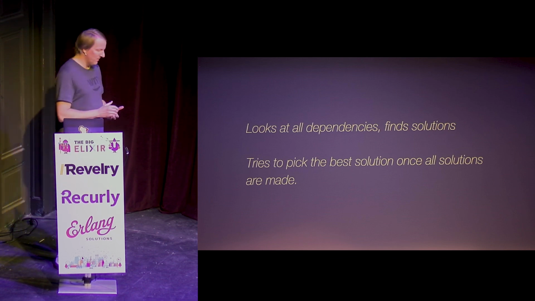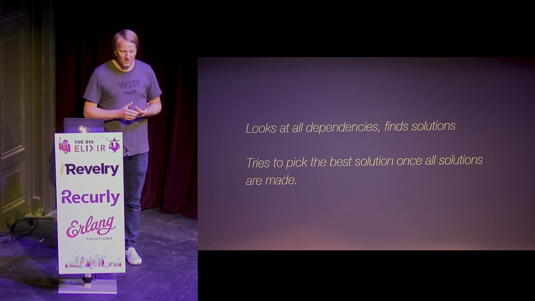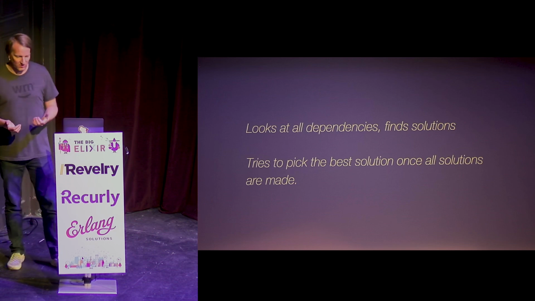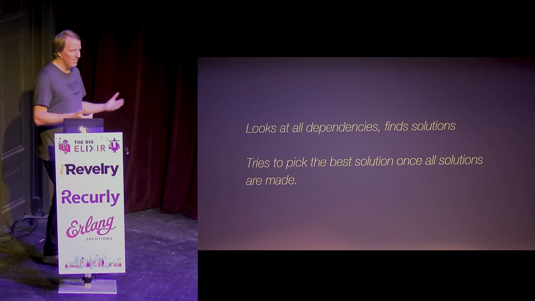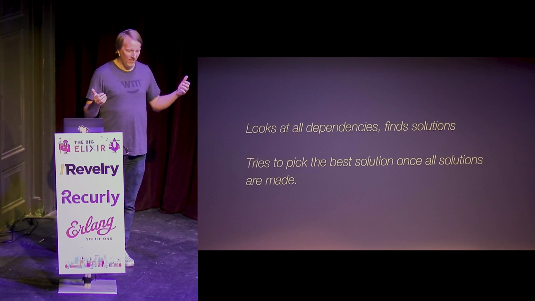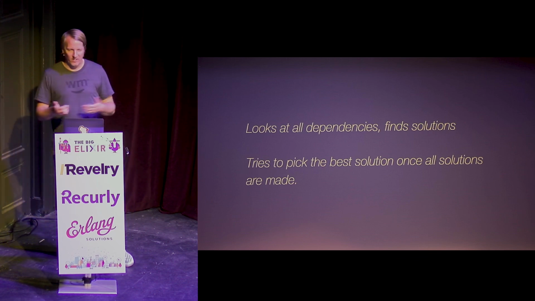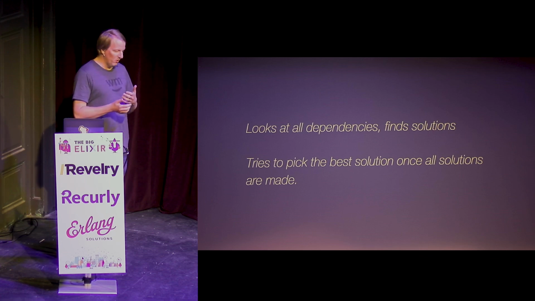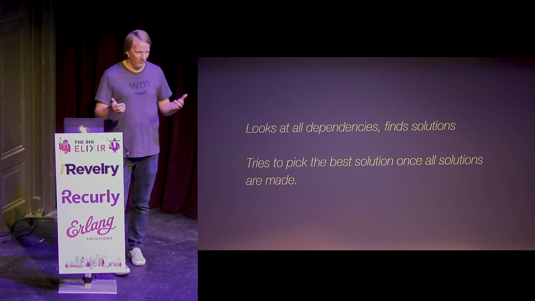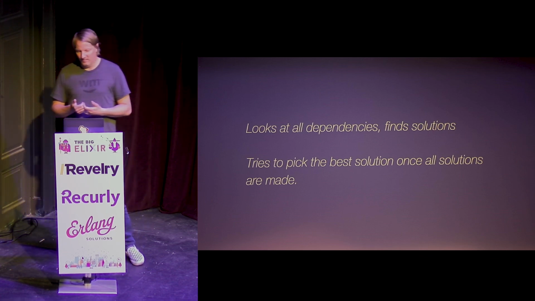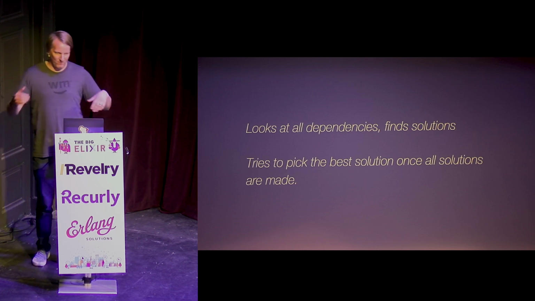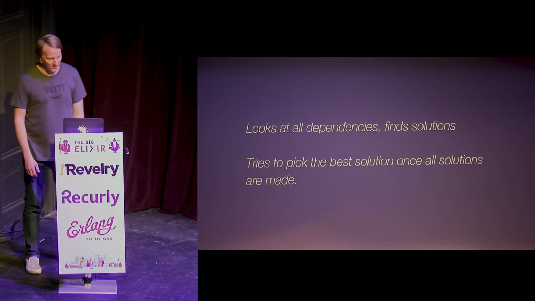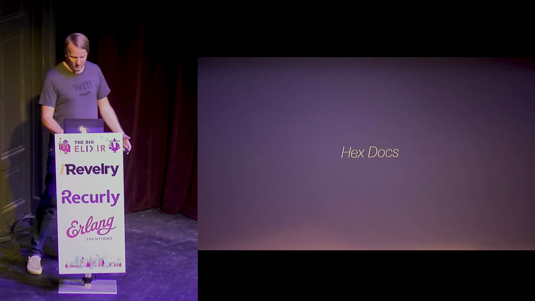Different package managers work differently. So NPM wouldn't have the same resolution issues. Theoretically in Hex, it's possible to get two dependencies that conflict with each other, that it could never resolve, because they're both requiring a child dependency that conflicts. Whereas NPM, for instance, would effectively namespace those, so you'd have two versions of that child dependency. So yeah, just keep that in mind.